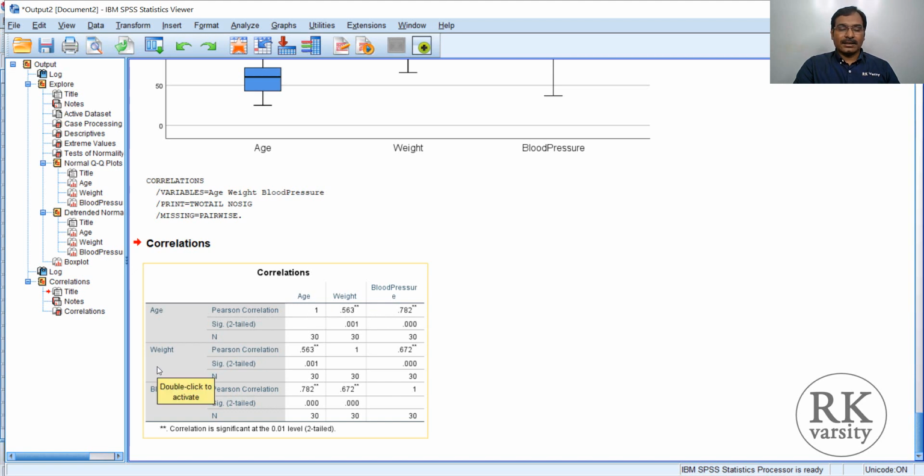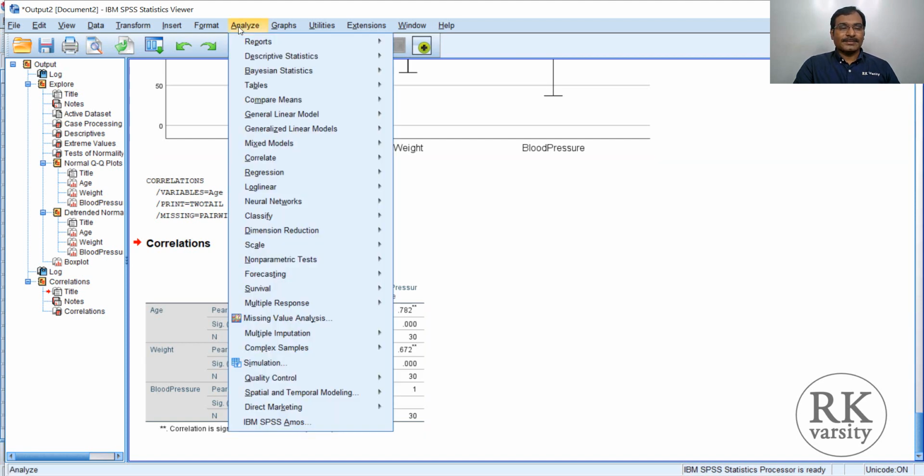And here weight and blood pressure also have a positive correlation. So we can see that there is a linear relationship between each of these pairs, that is age and weight, age and blood pressure, weight and blood pressure. The third assumption, that all the variables need to be linearly related, is also met.